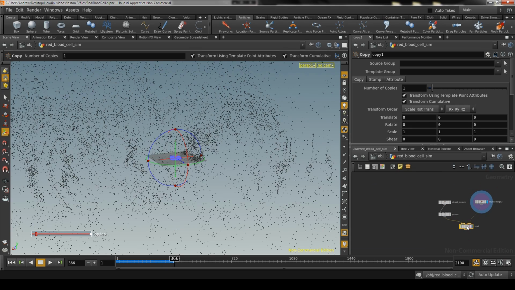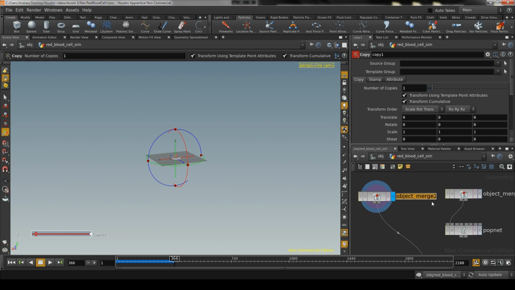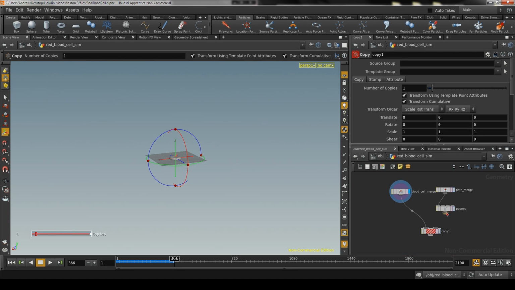Oh, I got it backwards. Huh. That's not what we want. Let's just order this a little bit better. The first input will be the object that we're merging in. Let's rename this. Right now it's called object merge 2. Let's call it blood cell merge. And the other merge, we'll call it path merge. There we go. So blood cell merge is in the first copy input, and then the second copy input will